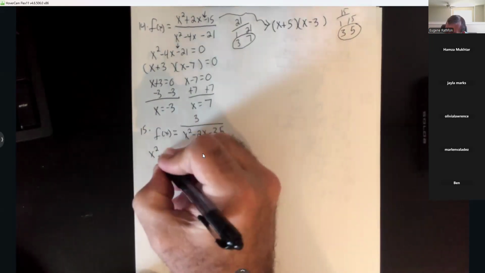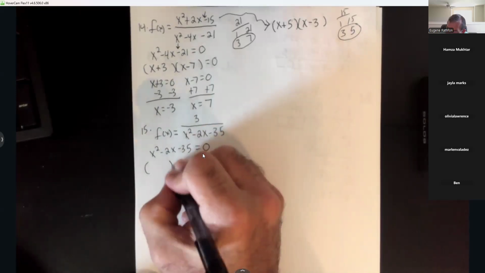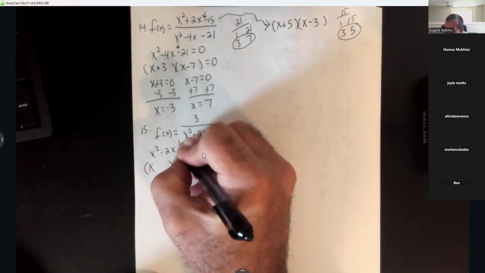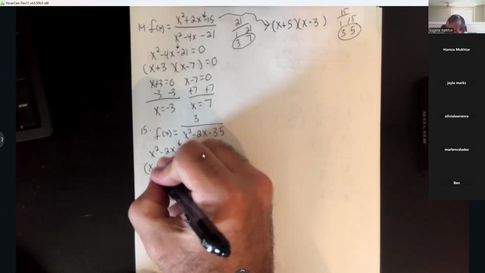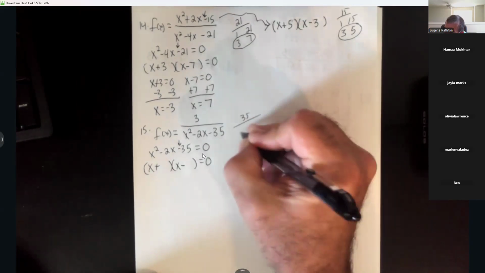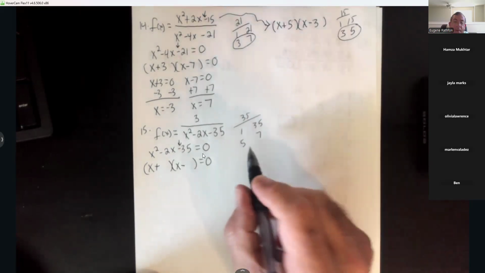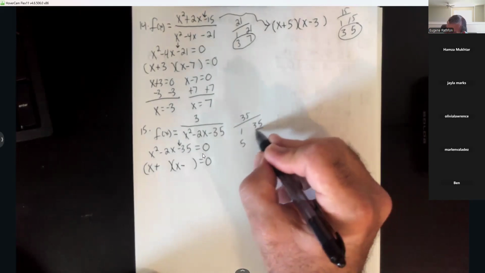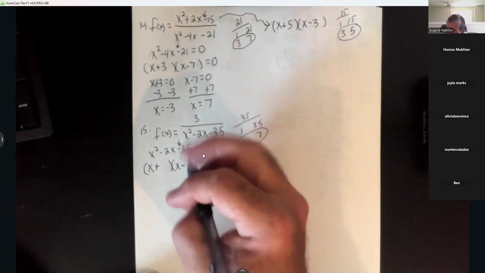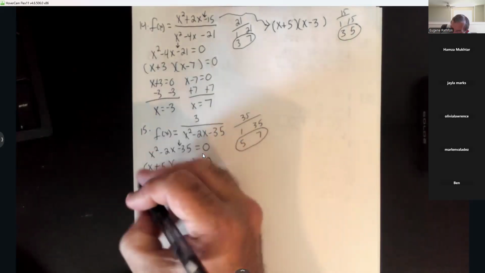So set this equal to 0. I'm going to factor this. So x squared is an x and an x. Once again, that last one's negative, so I got unlike signs. Let's see, I'm looking for factors of 35. That's 1 and 35. And what else? 5 and 7. The pair that'll subtract and give me 2 are 5 and 7. The negative in the middle means the larger number is negative, so the 7 is negative, and the 5 is positive. All right, at that point, set both of them equal to 0